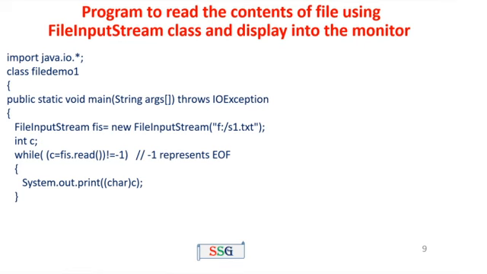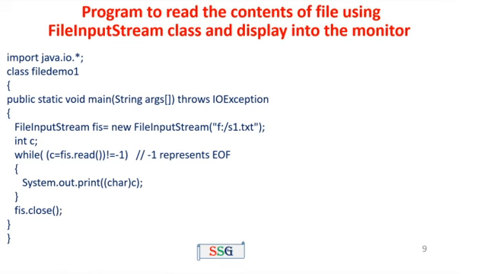That means if we want to write the contents, we have to use the write method. If we want to read the data, we have to use the read method. fis.read() not equal to -1. Here -1 represents the end of file. After reading the contents, System.out.println(c). So c prints the corresponding character on the monitor screen. What is the use of the char cast? It converts the data type from byte to character. Okay, then fis.close().